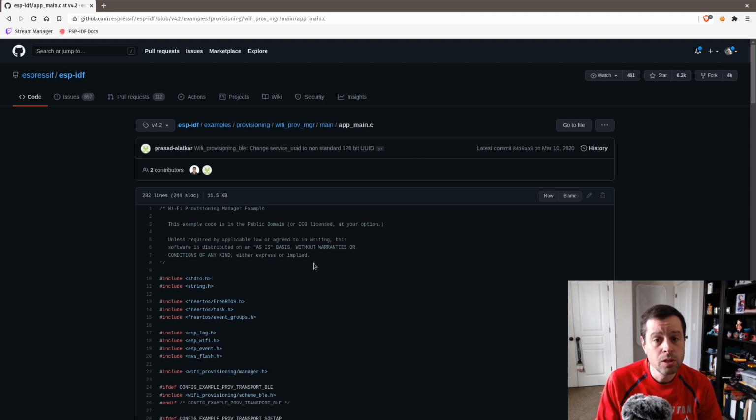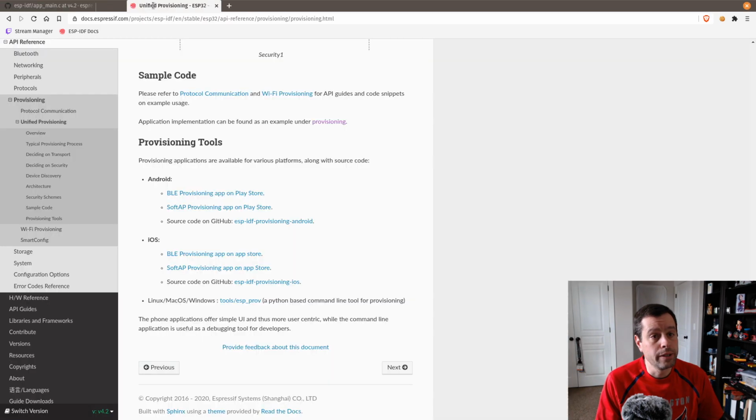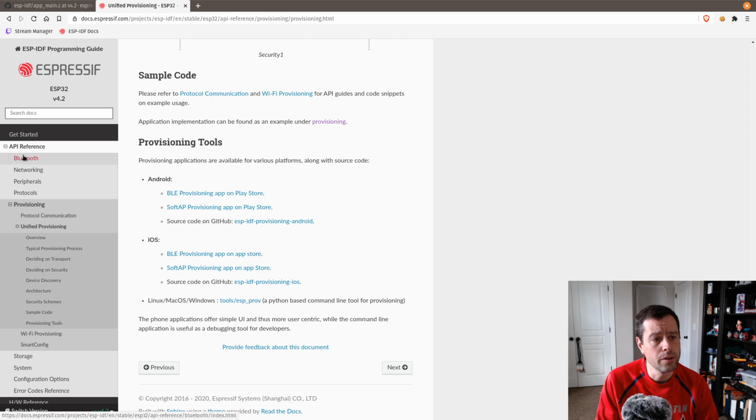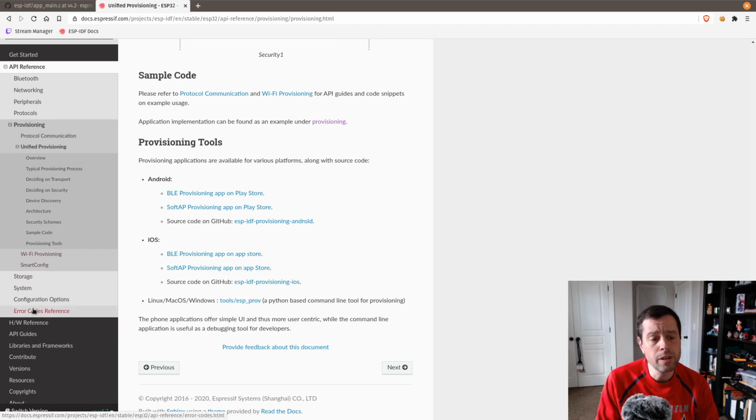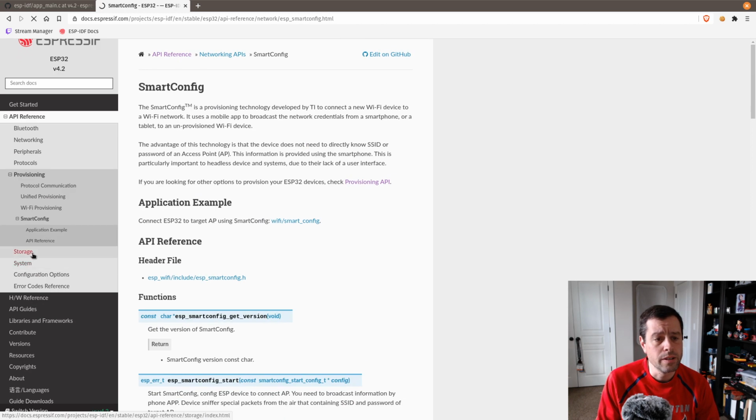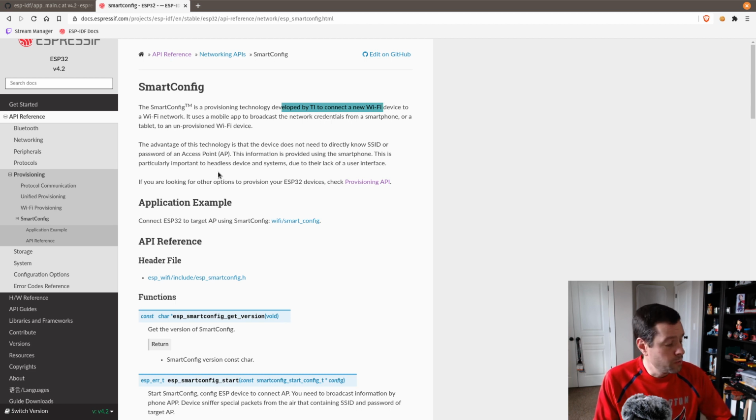Okay, so I feel like I need to give a little bit of background here. If you come into the docs under API reference, there's provisioning, and then there's unified provisioning. And this is where we are. SmartConfig, if you've ever heard of that, is, like it says here, a provisioning technology developed by TI to connect a new Wi-Fi device to a Wi-Fi network. SmartConfig is what the puck product uses now, and it works fairly well, but it's a little clunky